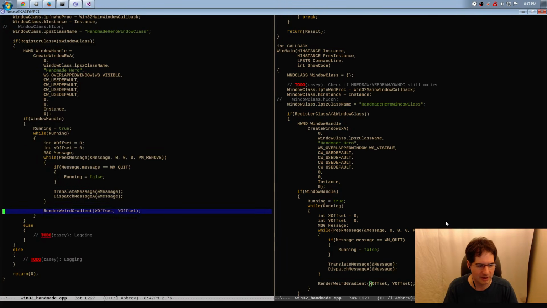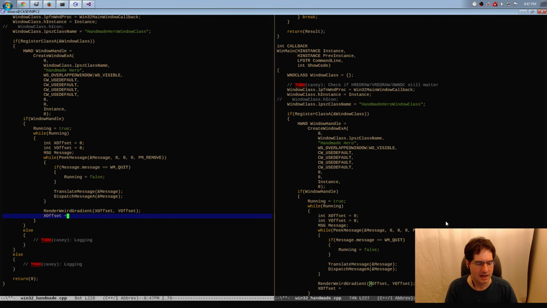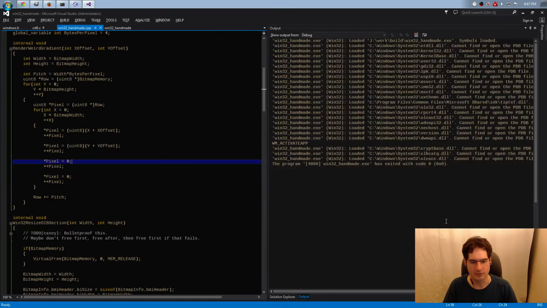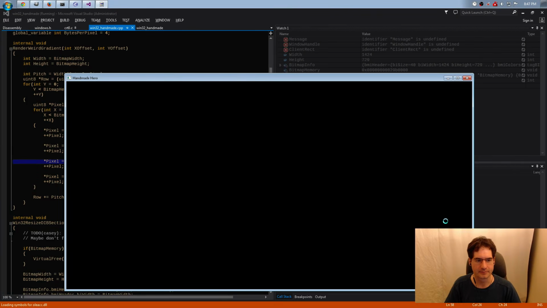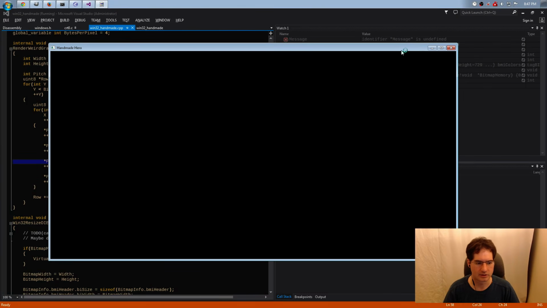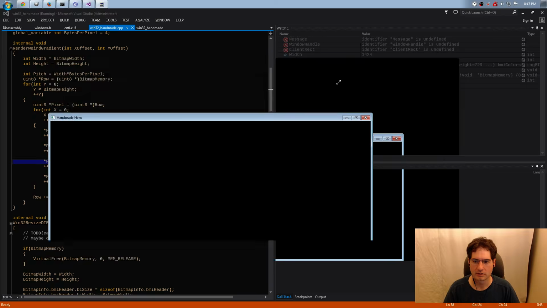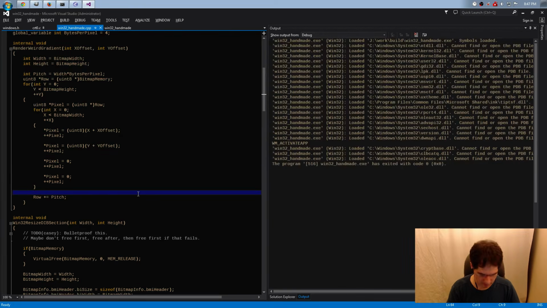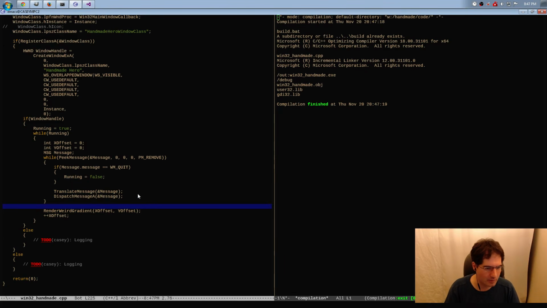And what we will do is every time through the loop, we will take x offset and add 1 to it, using the shorthand for +1. Let's see what happens now. Oops, that doesn't look good. What's going on here? Well, that was not what we wanted at all. What happened? Why did my render weird